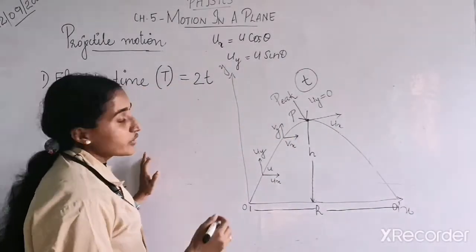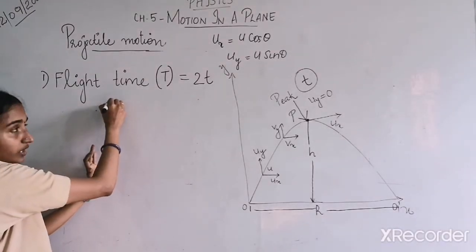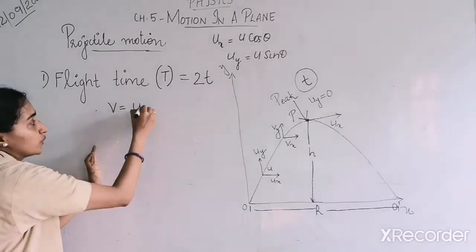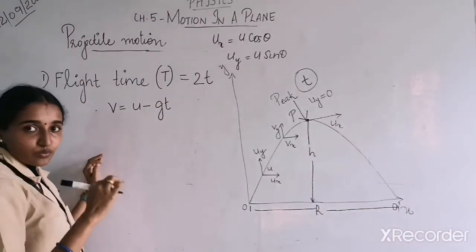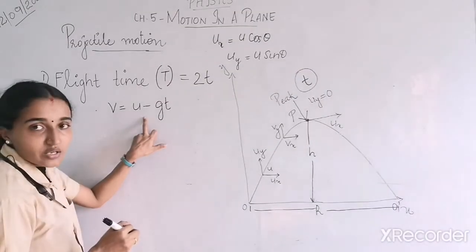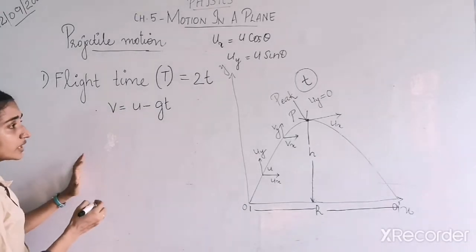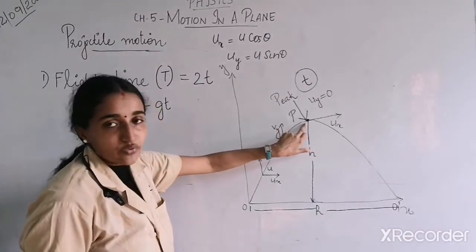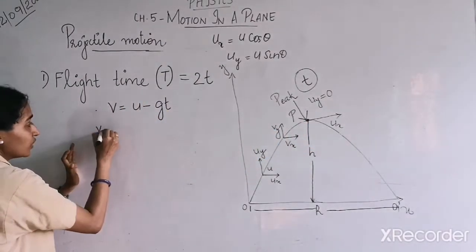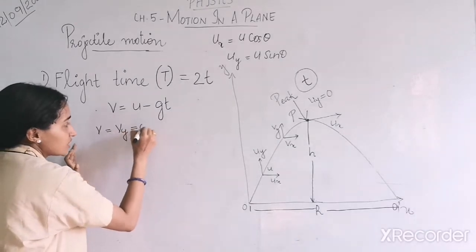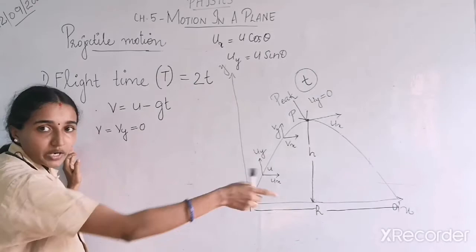Okay. Now for taking the equation of this flight time, I am going to consider the equation v is equal to u minus gt, Newton's equation. The three equations of motion you are learning tonight, out of that I am going to consider this equation. Now in this equation you have v. What will be the final velocity v? Since at the peak point v will be equal to Vy, which will be equal to 0 at the peak point. Isn't it? This we have already seen when we proved the parabolic path.